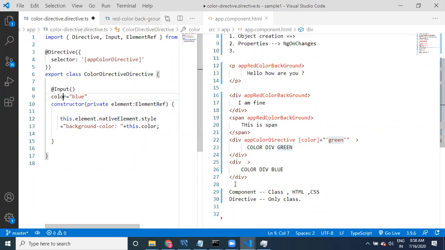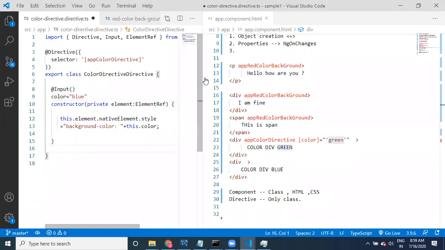Okay, this is related to life cycle hooks. Yes, very good. Constructor will execute first. So after that, this value is going to get executed.